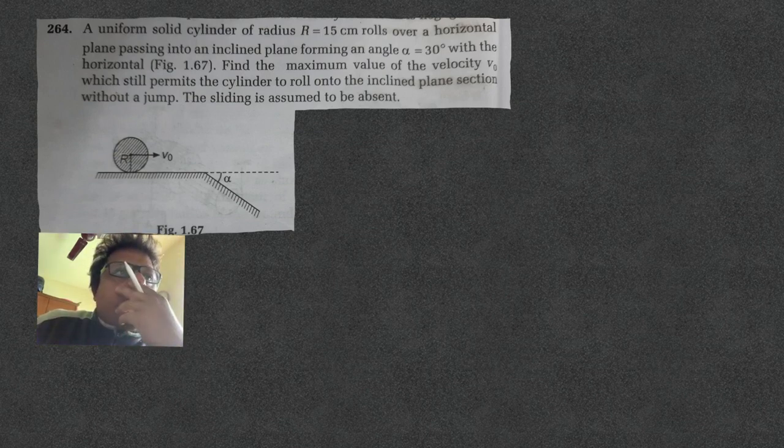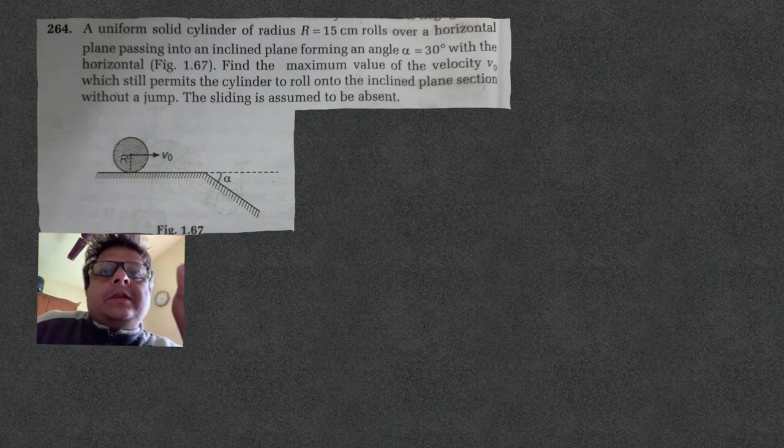देखो क्वेश्चन में ही जाते हैं पहले. Uniform cylinder of radius r rolls over a horizontal plane into an inclined plane, forming an angle alpha 30 degree with the horizontal. Find the maximum value of velocity v naught, which still permits the cylinder to roll onto the inclined section without a jump. Without a jump, okay. So let us begin first with this,